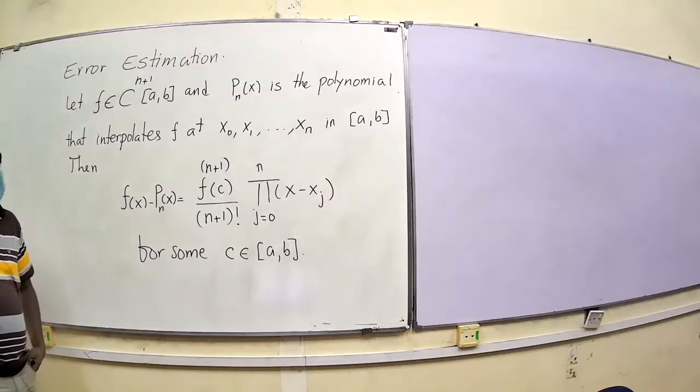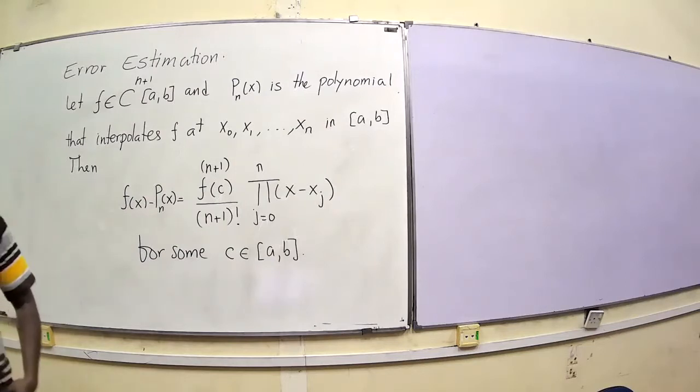Okay, so let us start. Last class we talked about interpolating polynomials, especially Newton's divided difference formula and Newton's interpolating formula, where we write down the divided difference table and then write down the formula.